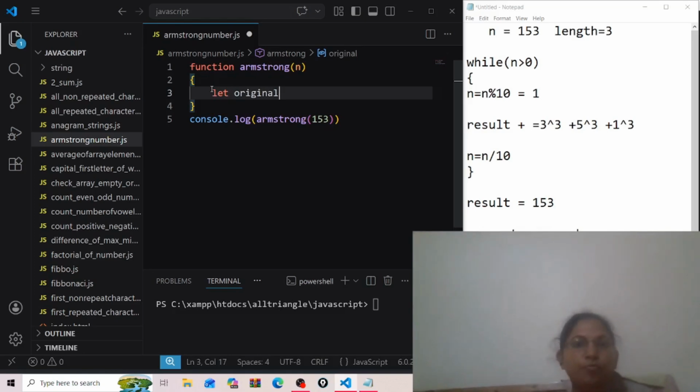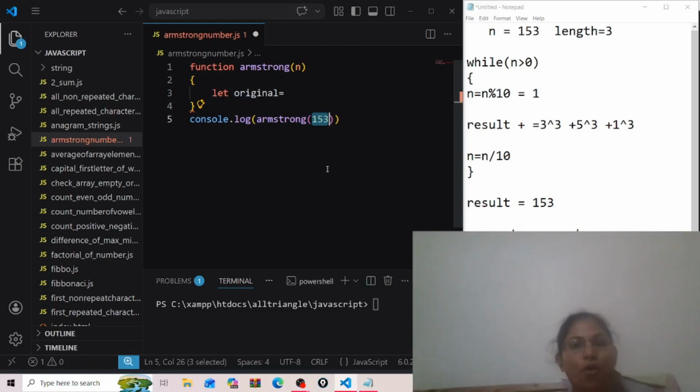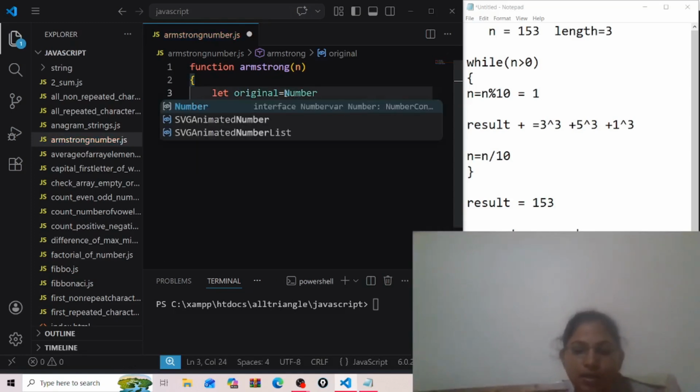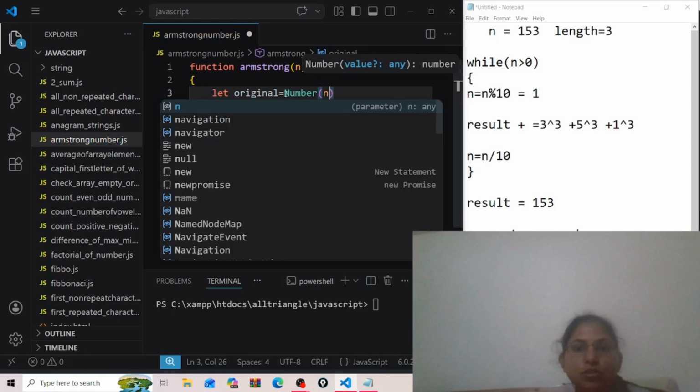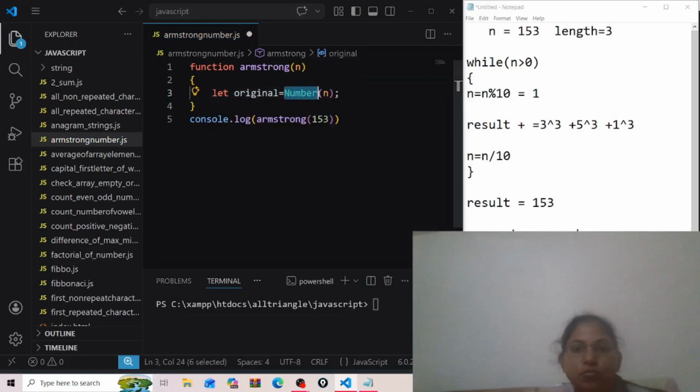Because our input is 153, this is our n, but it is in string form, so we have to convert it into a number. For that I will write Number in brackets n, which means our n, which was 153 in string form, becomes a number, and that is stored in the original variable. That's why I did this.